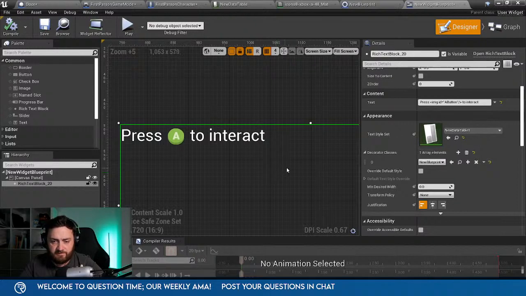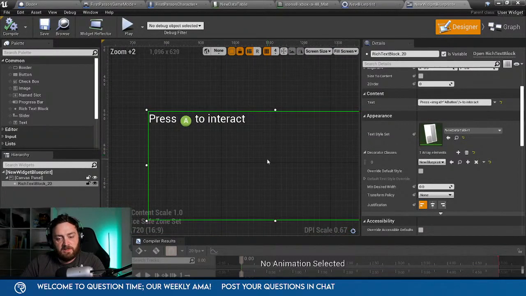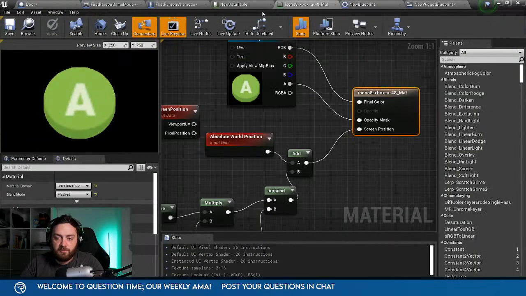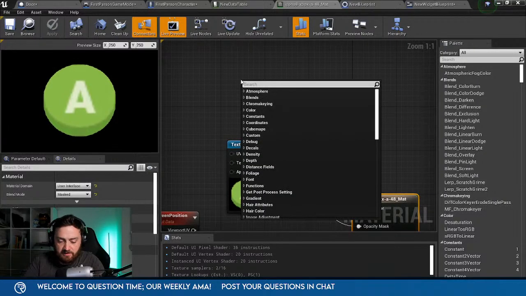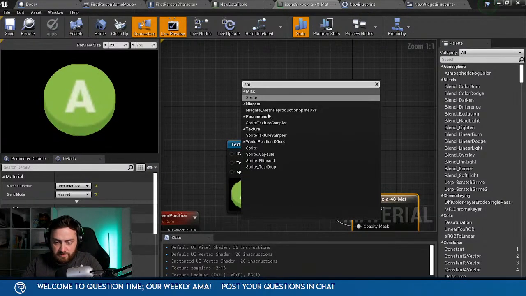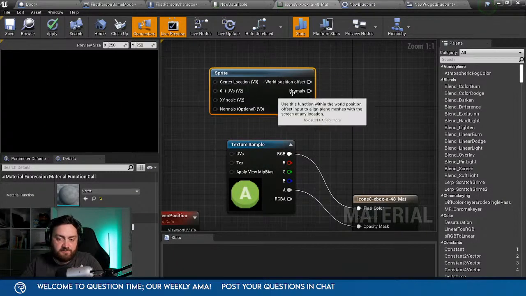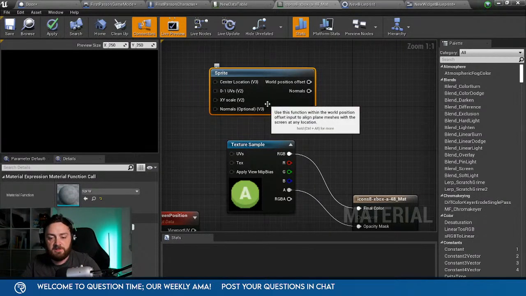Okay. Two mistakes. I had a space just before the slash. Don't need a space. But there you go. You can make that do that. And as I said, if you want it more complex, you need to make it a sprite sheet inside of here, which you can do. If you do the sprite node here, plug in the stuff in here, and you plug in all the settings, and it will go through the sprite sheet.